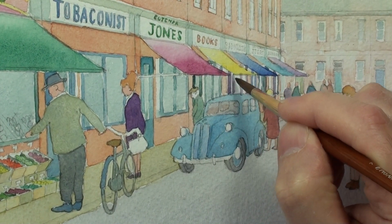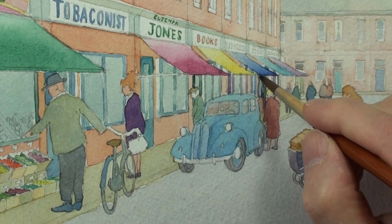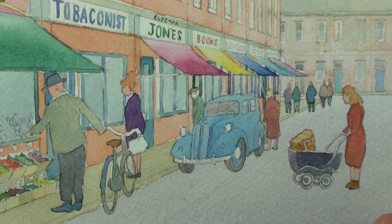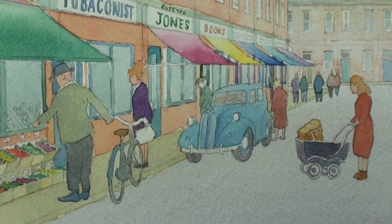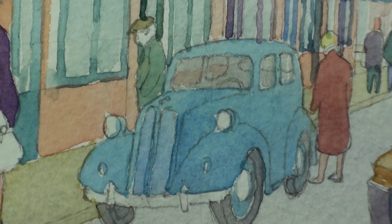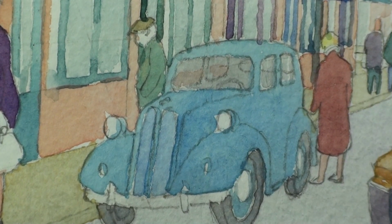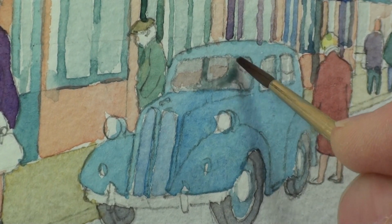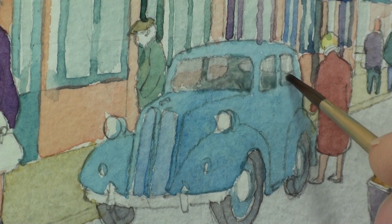Let's see if I can get into these fine areas here. Holding the brush upright. So I haven't recharged the brush, which means there's progressively less colour on the brush to paint into those distant areas. I did this earlier with the car and painted a sort of grey for the glass over the area of the car windows. And if I just pick even just the same grey and paint the interior, what I can see of the interior, something like that, in another grey, I'm hoping that just gives a little bit of